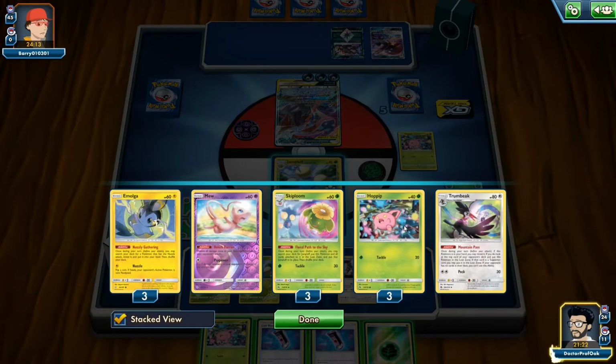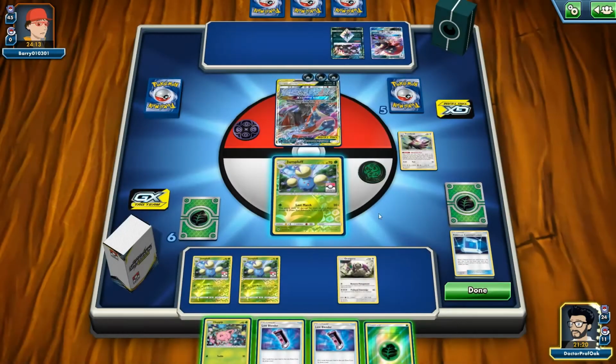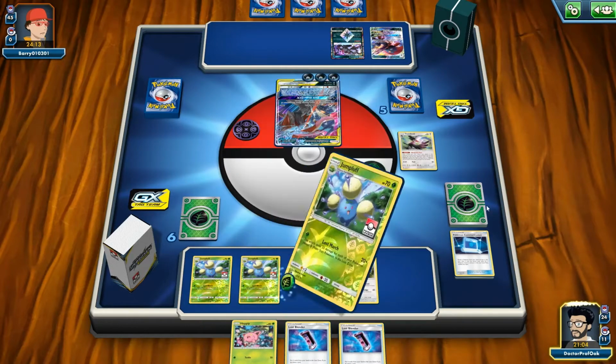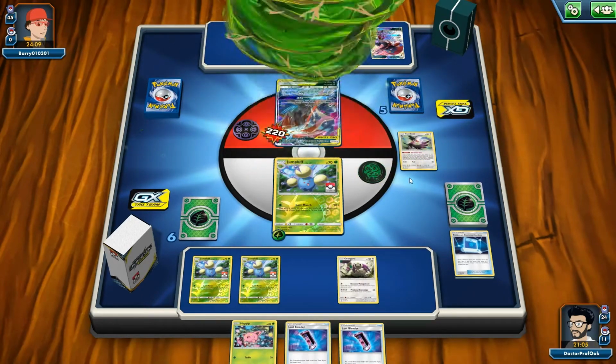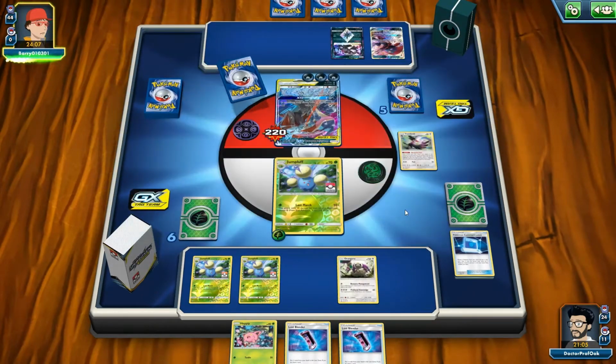3, 6, 9, 10, 11. 11 times 20 is 220. We're gonna be like one Pokemon short of 240. Yeah, we're gonna be like 2 Pokemon short of being able to one-hit this. But here's Lost March for 220 damage. Pretty nuts. Yeah, if we had one more Pokemon in our hand for Lost Blender, we would have been...